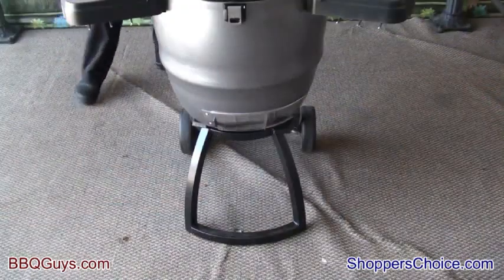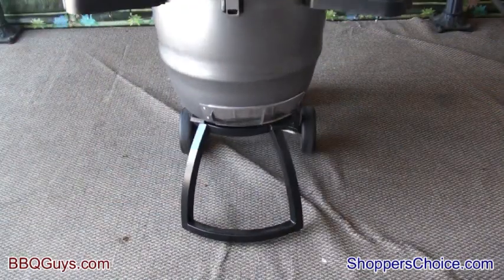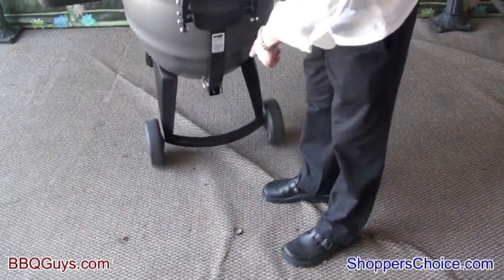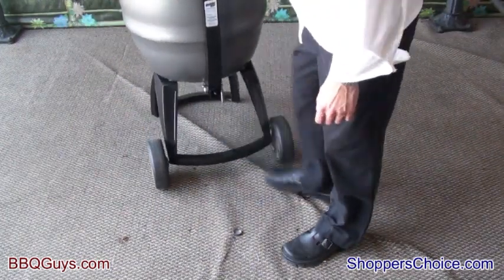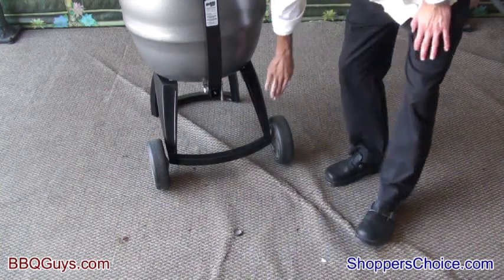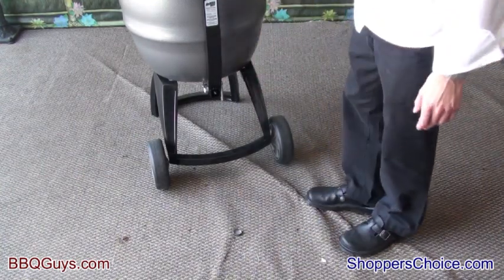There are still 2 other convenience features that I'd like to show you guys, and one of those is the way this handle and this cart system works. See how easy that is? It's got 2 nice wheels down on the bottom, nice and heavy. It sits on this nice heavy cart. You can roll around wherever you'd like,